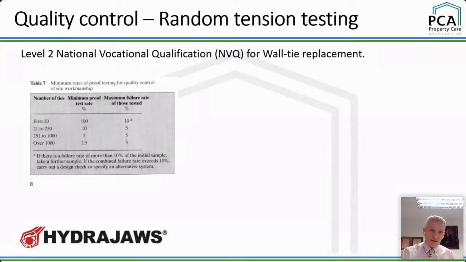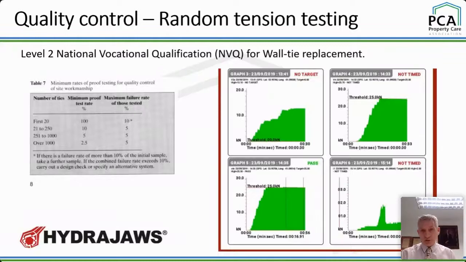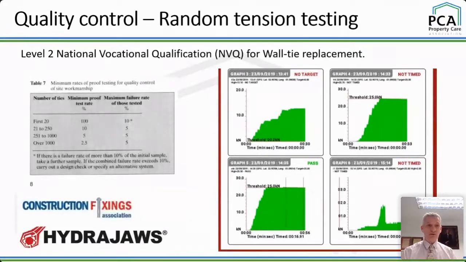So testing can get us out of this. We've got to test. And it's not done enough. So lots and lots of tension tests with calibrated rigs. Hydrajaws supply ours. They even supply electronic rigs, which we use now on high specification anchors when we're testing. These encrypt the data. It can't be messed about with and it's there forever. Brilliant. It will trickle through to residentials as it gets easier to use. The Construction Fixings Association do courses on fixing technology and installation. It's very useful for technicians to know just how these things work, and also for surveyors on testing. I'm an advanced tester, by the way, which was brilliant.